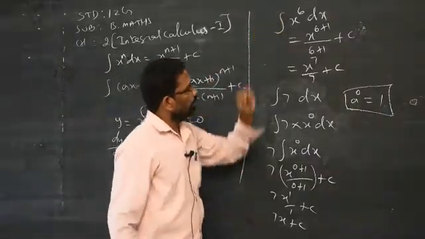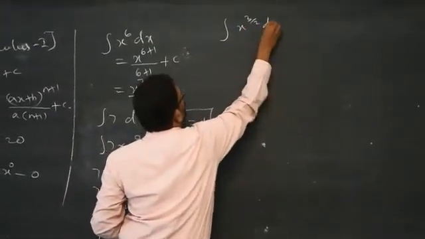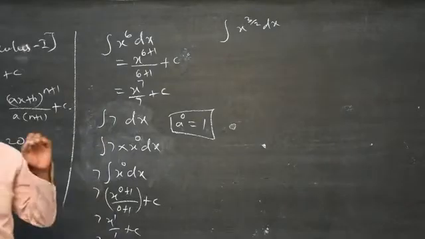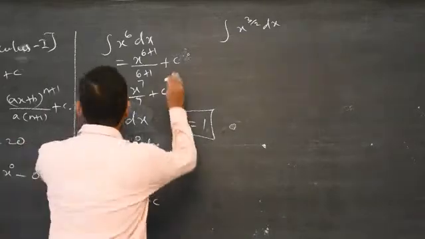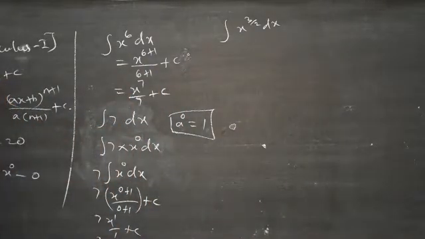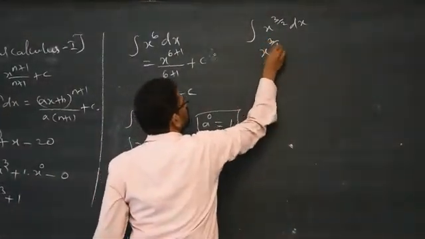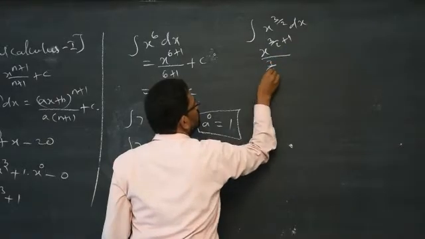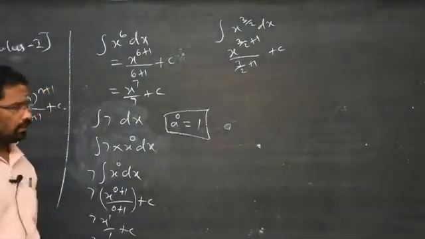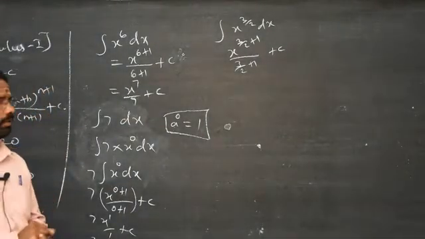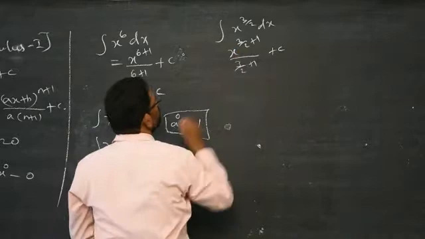X may be a whole number or fraction. For example, x power 3 by 2 into dx. It doesn't matter whether the power of x is negative or positive or fraction or decimal, whatever it is, apply this formula. This is the formula. Add always 1 to the power of n. So I am adding 1 to the power of x, and then plus c, constant plus c. Just now I said you cannot measure exactly the curved area, there will be some difference, the negligible one called plus c. So 3 by 2 plus 1.